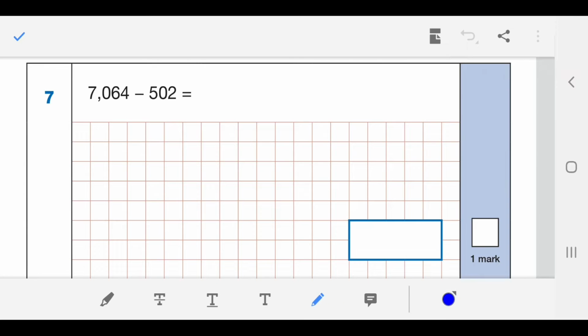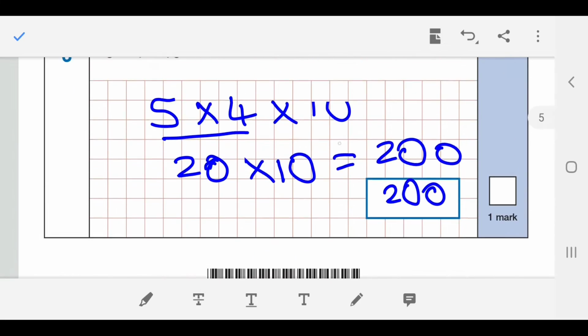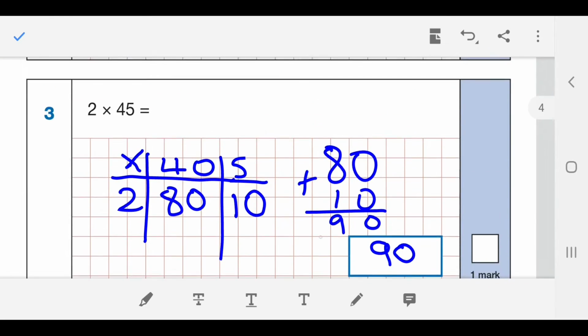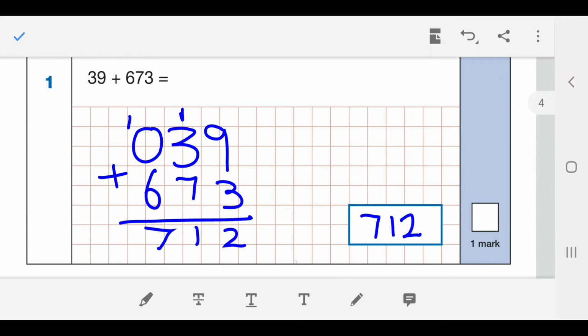Question number 7. 7064 subtract 502. So I will use the column method for this. 7064 subtract 502. Now in the previous method when I did the addition, so going back to question number 1, this here,